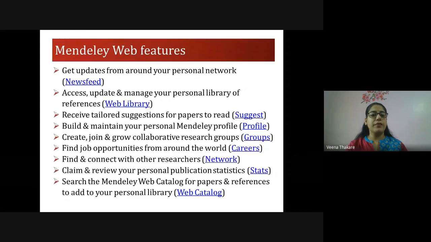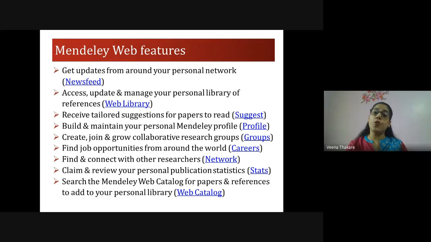Now another feature that we are going to see in depth about this web catalog is that you can specify it to find only open source resources for you. So open resources you'll be able to find, and naturally they'll be free to download, open to download. So you'll be easily getting them.